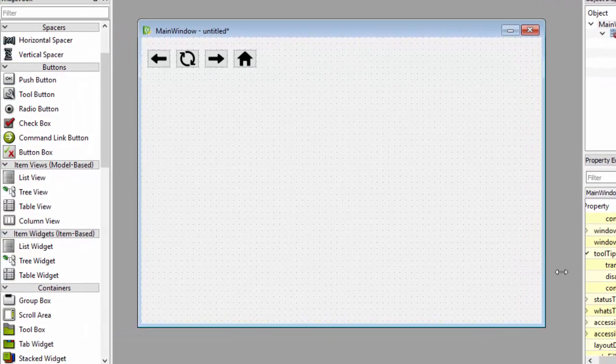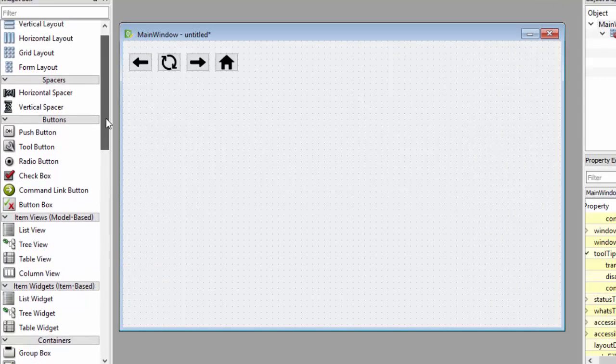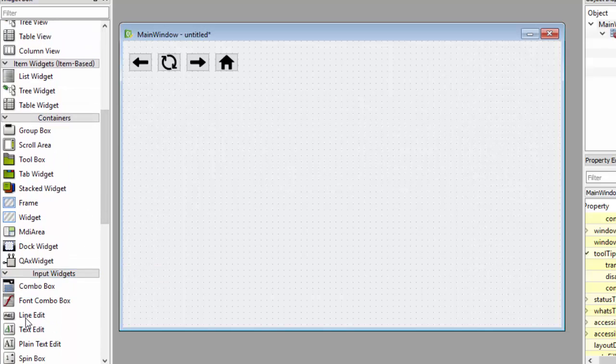And now we require an address bar. For the address bar, I am taking a line edit. Here is the line edit. It's a simple text box.